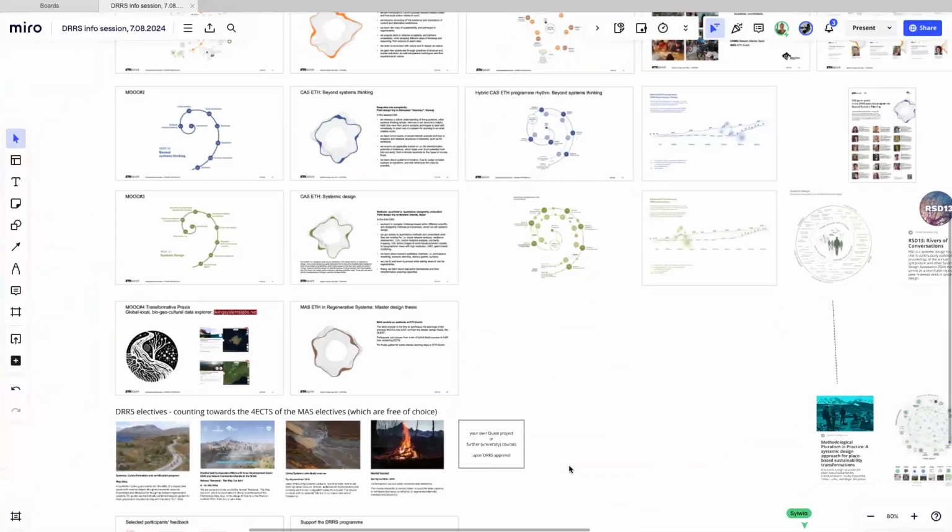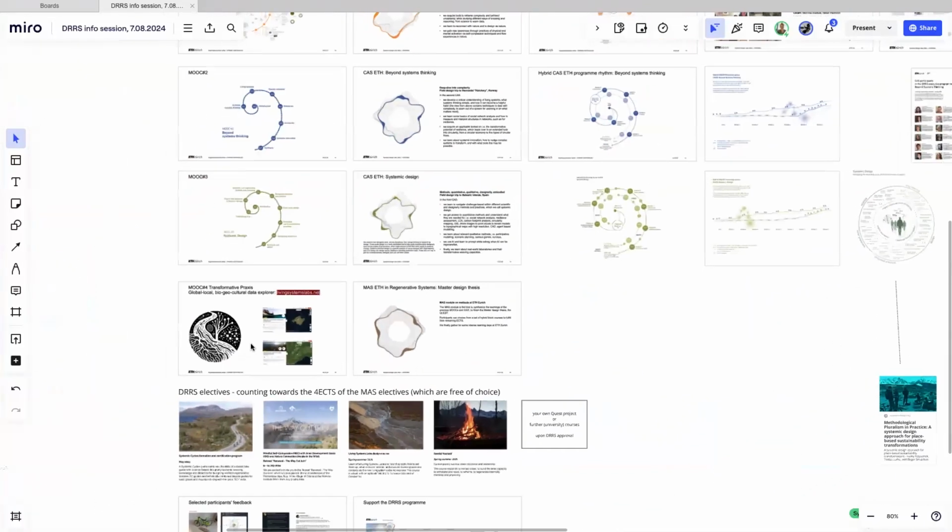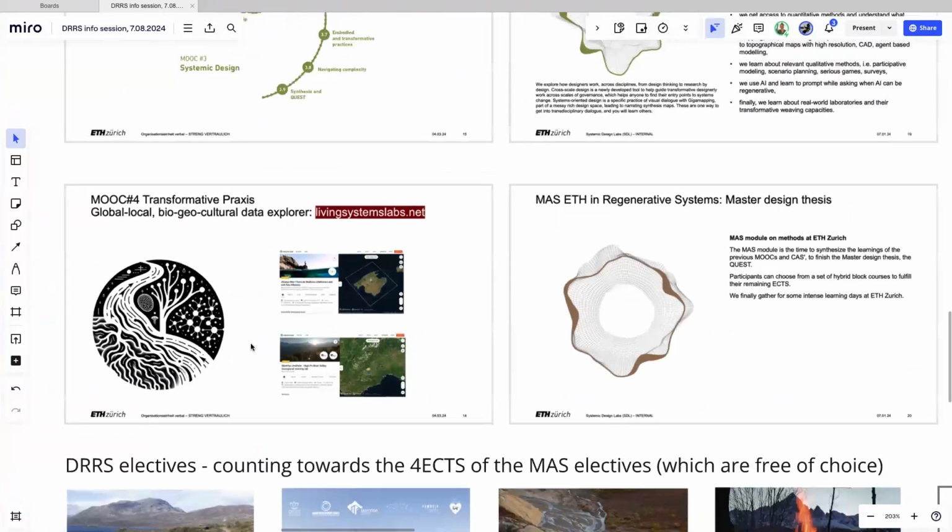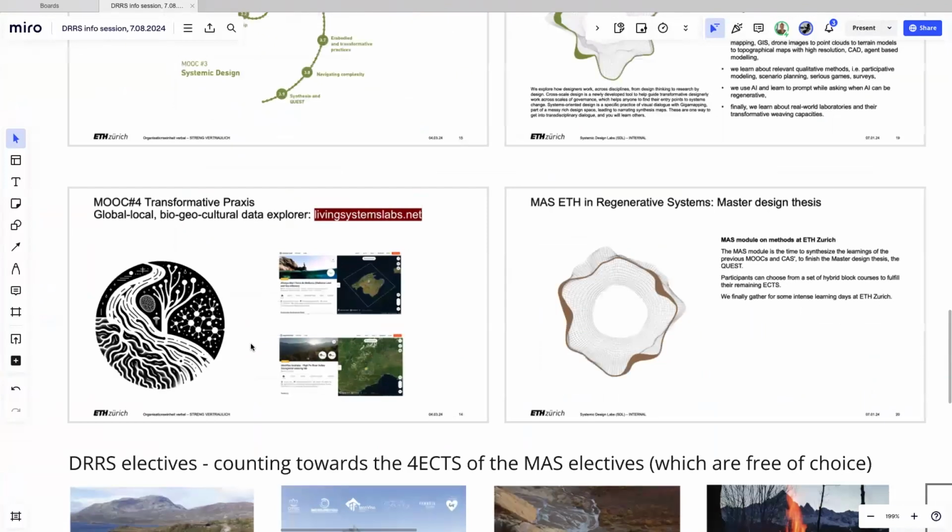Yeah, that's pretty much it at the end here. Maybe now not in the focus: MOOC number 4 and the final master thesis module, which will happen next spring. So whoever did CAS1 one year ago and wants to do the MAS will be able to finish now in one year with a Master of Advanced Studies, ETH in Regenerative Systems.